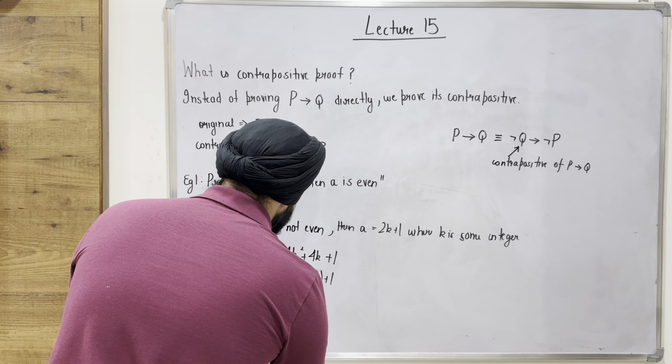So let's try to understand what I did, right? I started with the assumption A is not even. Then it has to be of the form 2k plus 1, which means it has to be an odd number, right? Okay. Then I solved for A square, right? And reached the conclusion that A square should also be of the form 2m plus 1. And now the best part about contrapositive is that since I've proved A square is 2m plus 1,